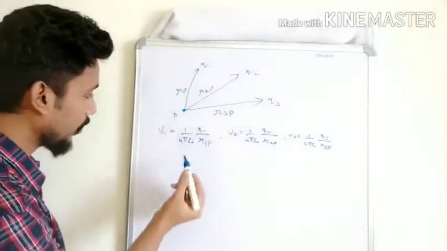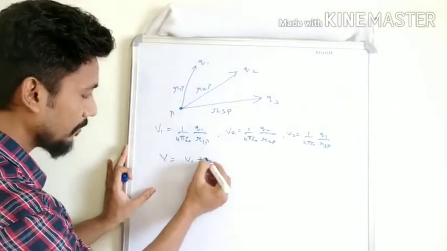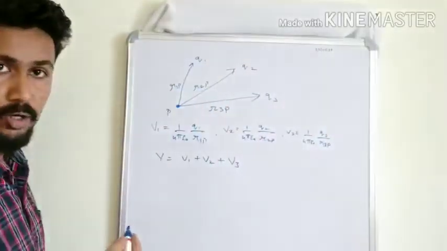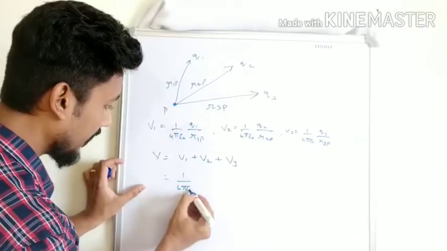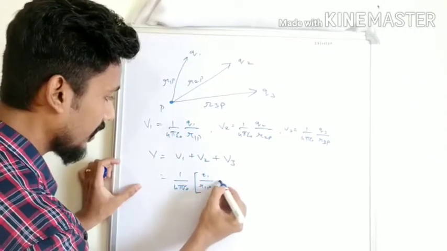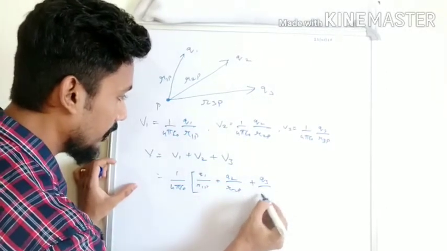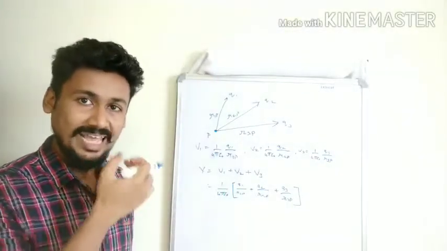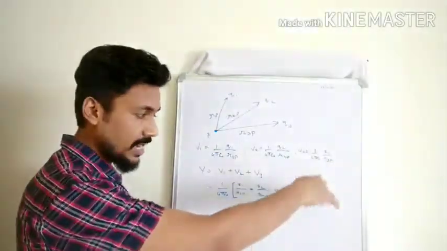The total potential at point P, let us call that V. V is going to be V1 plus V2 plus V3. And then we simply add all of them up. If we add them up, we will get 1 by 4 pi epsilon naught in bracket Q1 upon R1P plus Q2 upon R2P plus Q3 upon R3P. This is for 3 charges. If we are having n number of charges, this will go on plus Q4 by R4P plus Q5 by R5P